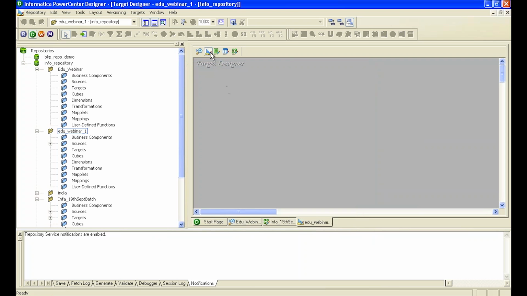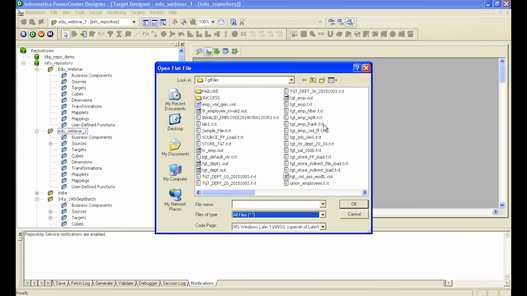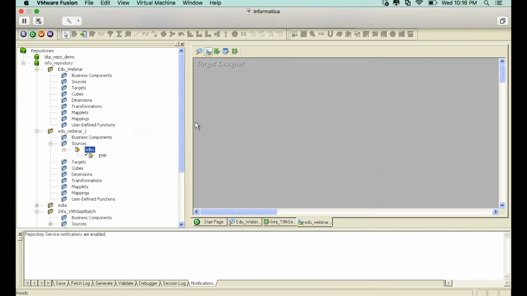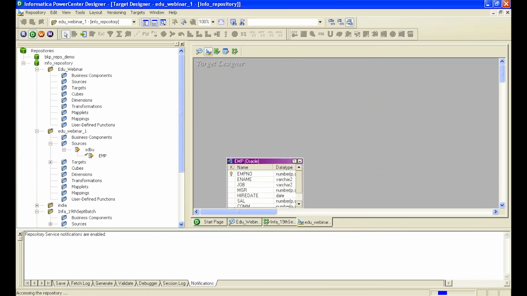Target import from file, all files, tgtemp, or I'm going to show you a shortcut way. As of now there is nothing in the source, and you can see a green symbol. This is versioning. There are different third-party tools like SVN repository, which do the versioning concept of check-in and checkout. Informatica by itself provides versioning. So if you configure the repository as a version repository, you can actually go ahead and do that. Once you import your source,